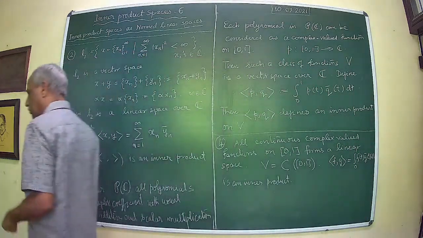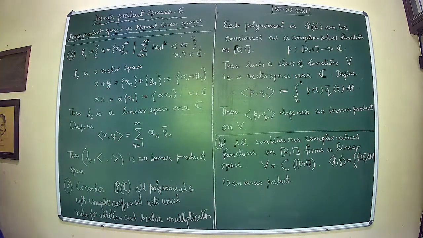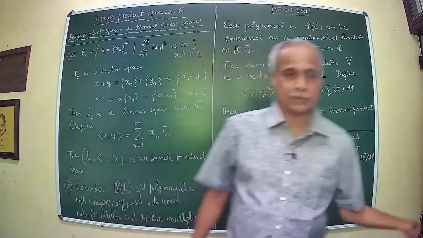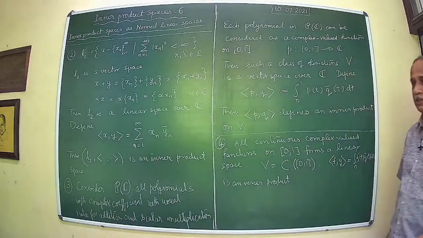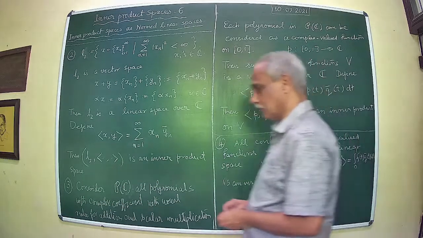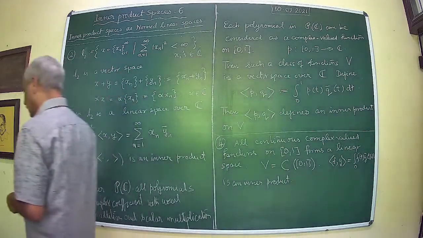So now what we are going to do is, in the light of the presence of an inner product, what more things you can expect. And in fact, there are a lot of interesting things that you are going to see with that